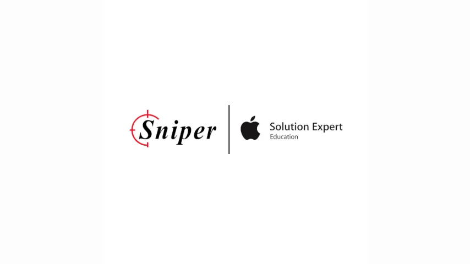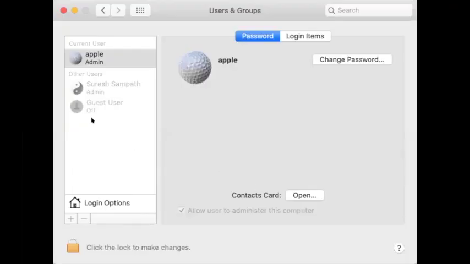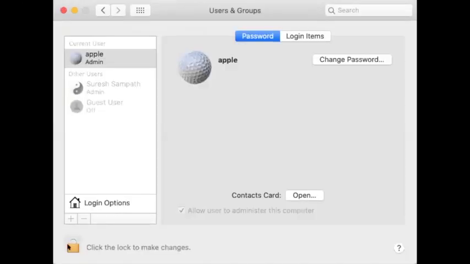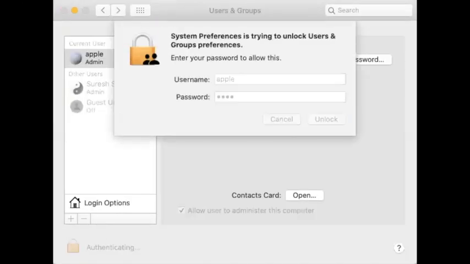And if you want to do a binding of your domain, you can go to system preferences, users and groups. Wait, I'll share my screen. So if you go to system preferences, users and groups, just unlock here.